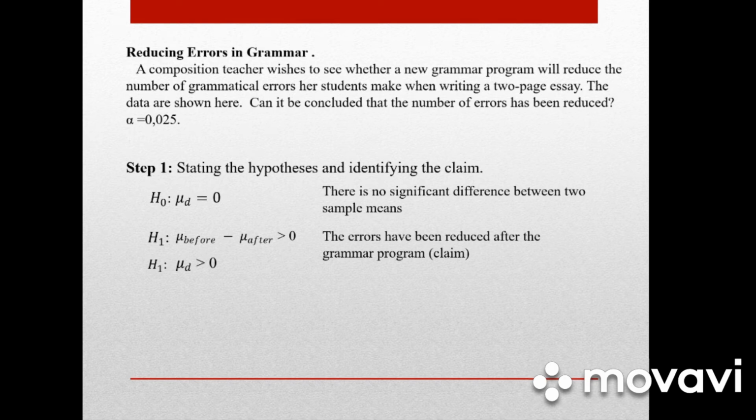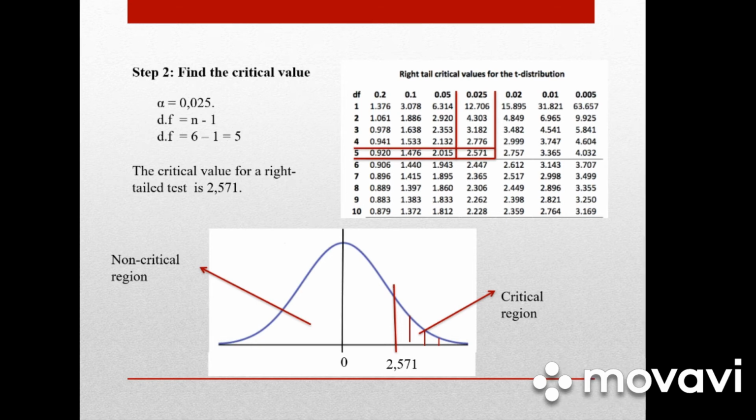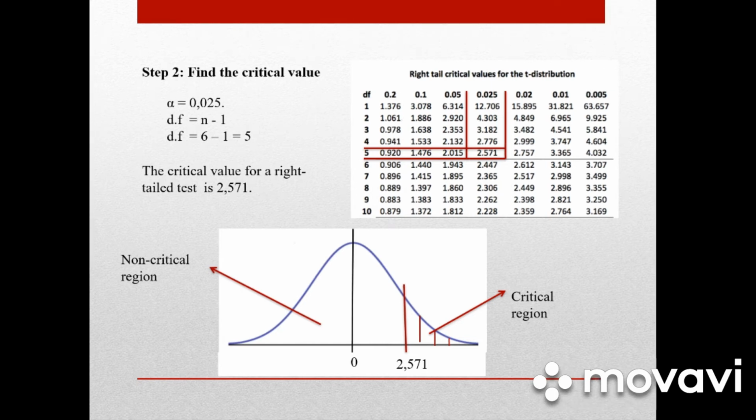So in the second step, we should find the critical value. To do this, we need the alpha level, which is equal to 0.025 in our case, and degrees of freedom. From the formula, we can find the degrees of freedom in our case is equal to 5. The intersection of these values in the table gives us the critical value. So the critical value for the right-tailed test is 2.571, and the critical region in the distribution curve is the right side of